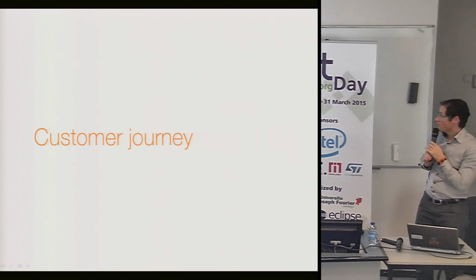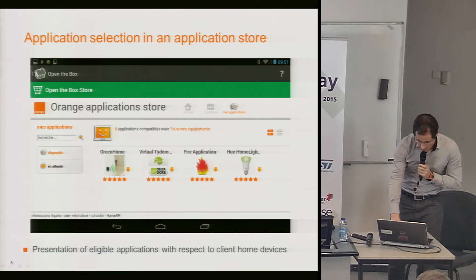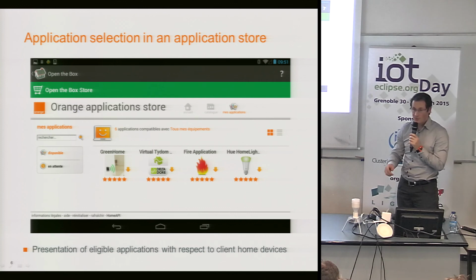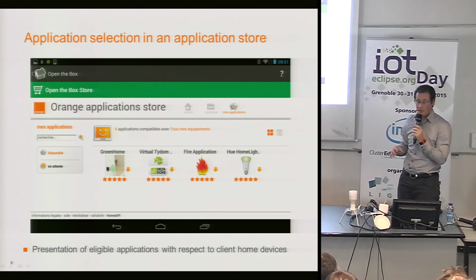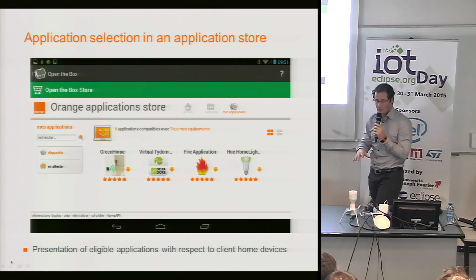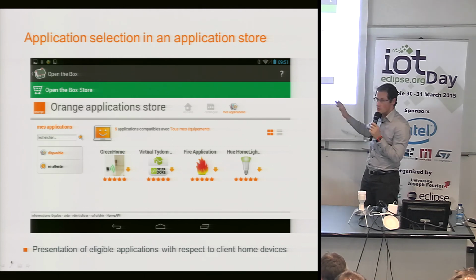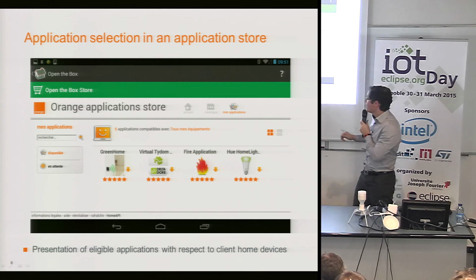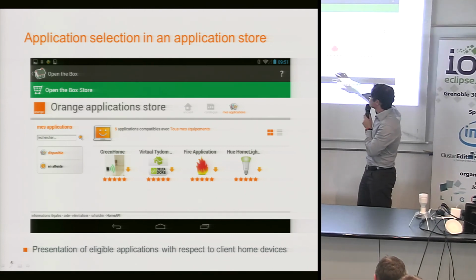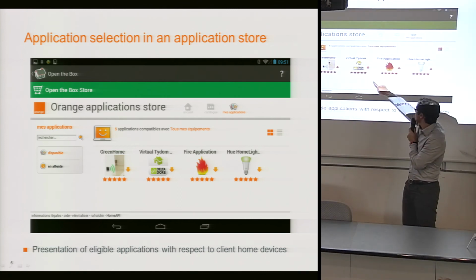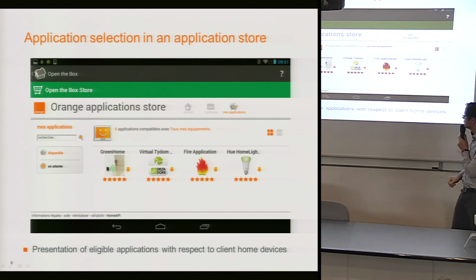So let's start with the customer journey. So we have this full demonstration, and I'm sorry we haven't brought it here because we were in Rennes all the weekend for a hackathon with our platform, so we are not able to install it here today. So here we see an application store, which is online today just for R&D purposes. This is not a commercial site, with an Orange application store with some applications, and you can download the one from STM Microelectronics, the one from Deltador, and some testing applications from Orange.